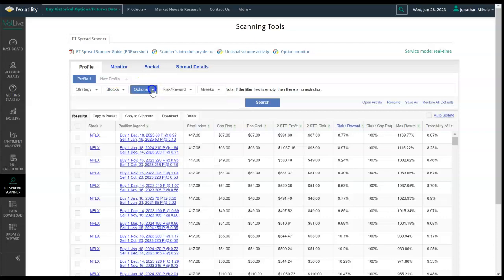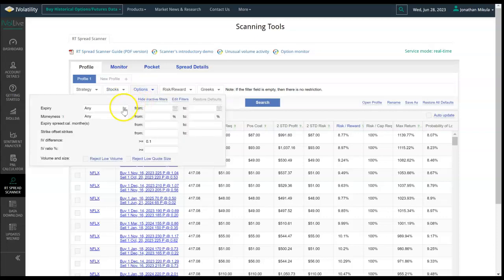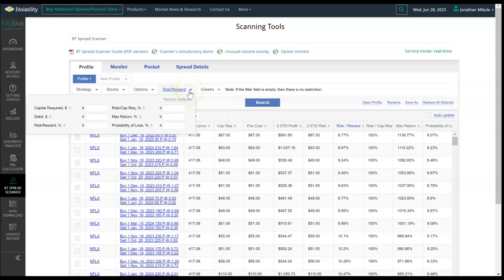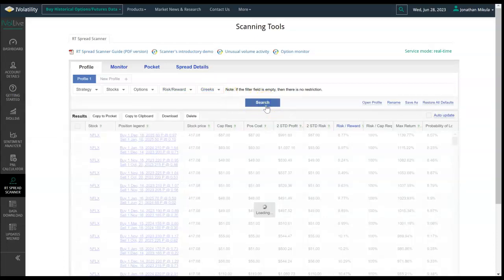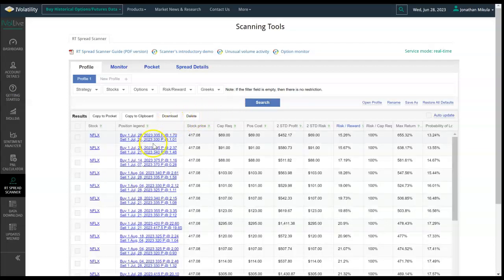So then I come over here to the options tab, and my expiration date, I've got a short-term thesis with Netflix where I think it's going to go down in the short term, as this working example. And then for the moneyness, I'm interested in any trade our system thinks could be compelling. Risk reward, again, I'm going to leave that blank because I just want to see what the system comes up with, as well as Greeks. So hit search, and what we will see is the system's done all the math,